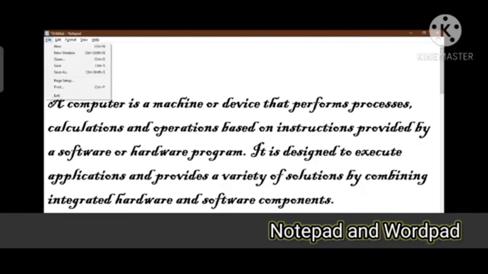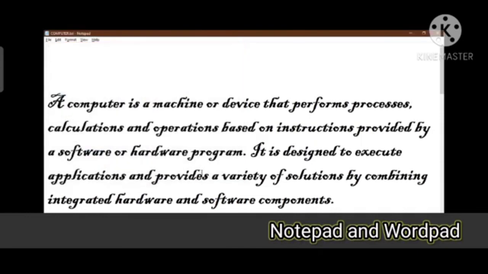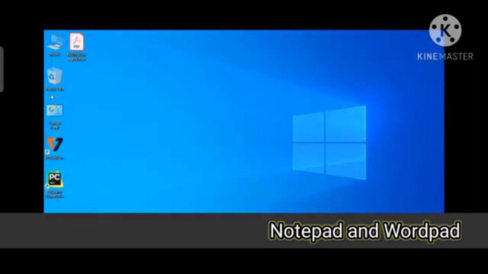Now we need to save this one. To save your story in the notepad, you will click on the file, then you will click on the save as option. The save as dialog box will appear over here. You can write any name over there, whichever name you want to give to your file, and then you will click on the save button. Once you click on the save option, your file is saved, and you can see the name over here, computer. We have saved the file by the name computer, so it is visible over there. And then exit, that means we are done with our work and we can exit from here. So we will come back to our home screen.